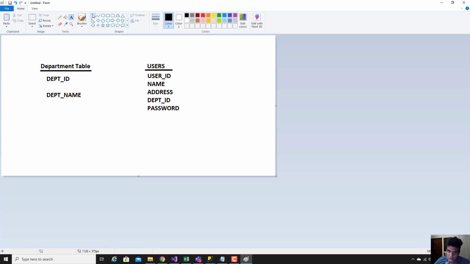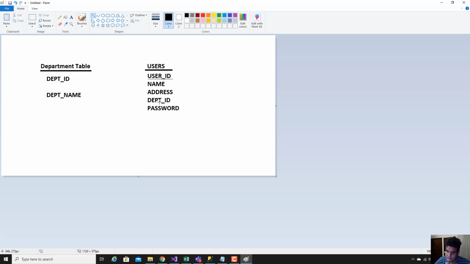So you know that this is the primary key. Here you can see I have mentioned the department ID. So where does that department ID come from? If you want, you can just put any department ID you want, but that is not the best way to do it.